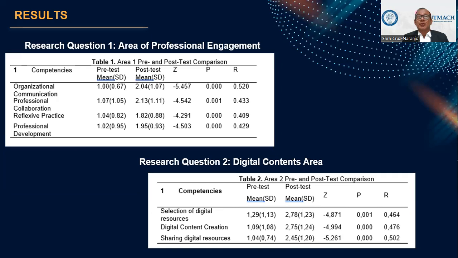Regarding research question 1, which was the area of professional engagement, the results in this area evidenced improvements in some levels of teaching digital competence. Once the educational experience was over, at level A1, the number of teachers in training who were at that level was reduced from 35, 64%, to 7, which means 13%. At the A2 level, the number of trainee teachers decreased from 16, which means 29%, to 12, 22%.